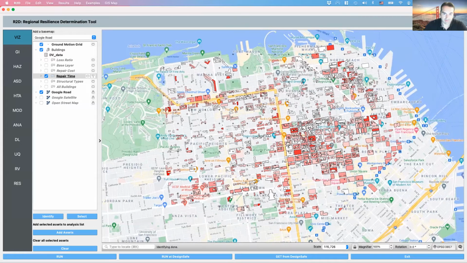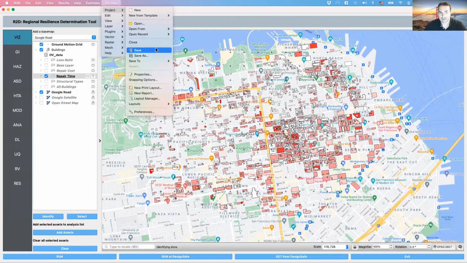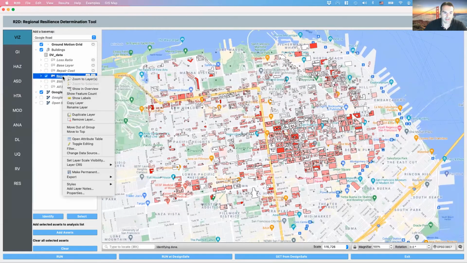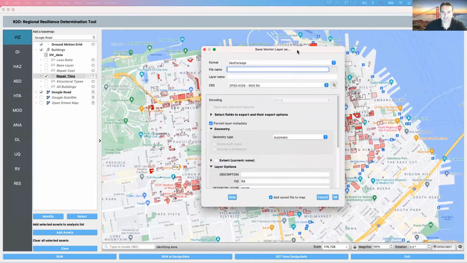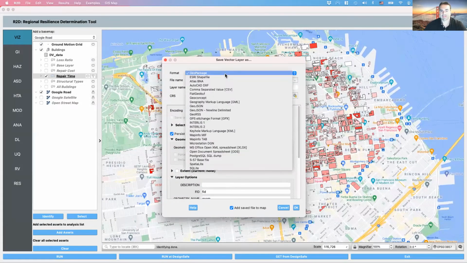And finally, you can export what you've created here. You can save it as a project to load again in QGIS, or you could just export the layer. You do that by right-clicking on the layer you want to export and going down to Export Selection, and you want to go to Save Features As. That's going to bring up the Save Vector Layer As window, and you have different formats. In this case, I choose a GeoPackage. You can do an Esri shapefile, which you can later upload to the Esri cloud to use in a web page, AutoCAD, and there's many other